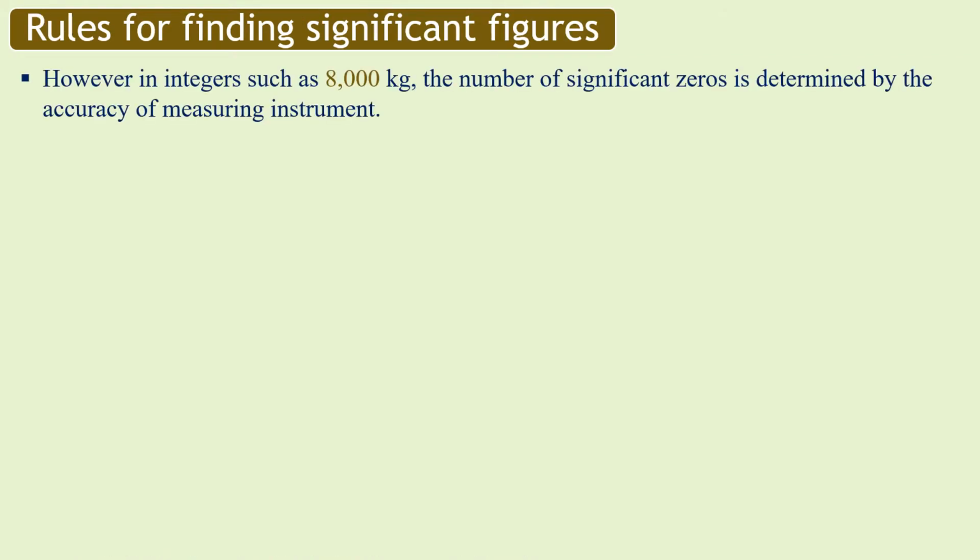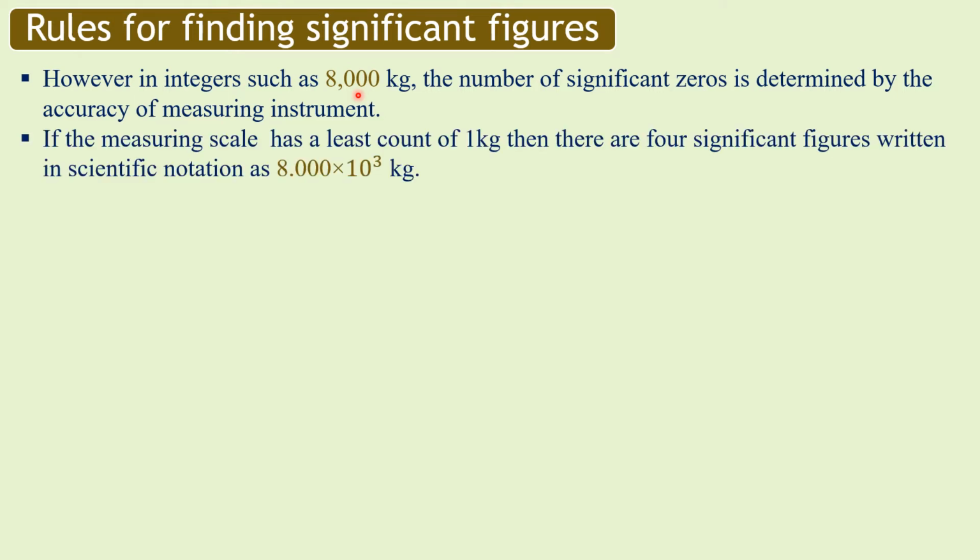However, in integers such as 8000 kg, the number of significant zeros is determined by the accuracy of the measuring instrument. Here in 8000 kg, zeros may or may not be counted as significant figures. A smaller least count of our measuring instrument will give us a greater number of significant zeros because a smaller least count of a measuring instrument is more precise. If the measuring scale has a least count of 1 kg, then there are 4 significant figures, written in scientific notation as